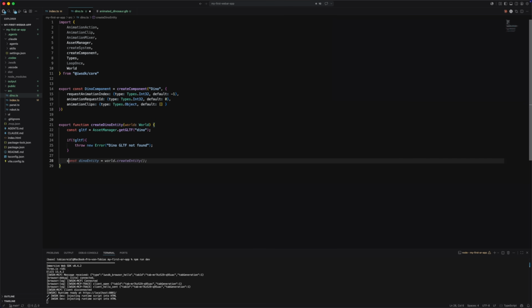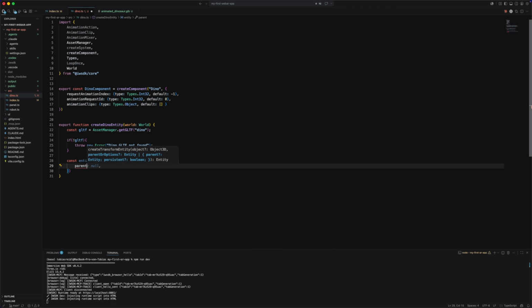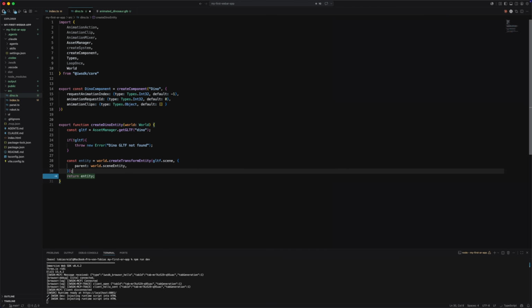And then we create the actual entity with world.createTransformEntity, and in our brackets here we want to put the gltf.scene, and then we want to pass in an object which we put into curly brackets, and here we want to set the parent to the world.scene entity. And this is an IWSDK way to add a 3JS object to the world. We do not call scene.add directly because that would bypass the ECS side of the framework. And createTransformEntity creates an ECS entity, binds it to an Object3D, and gives it transform data and parents it